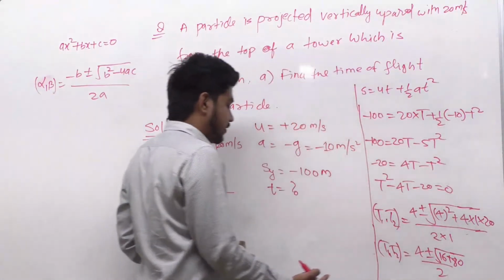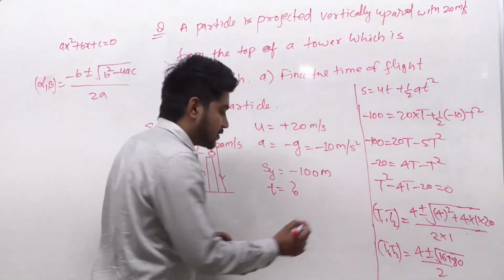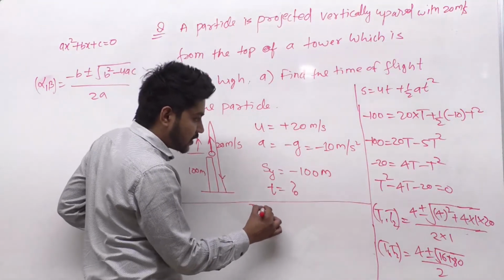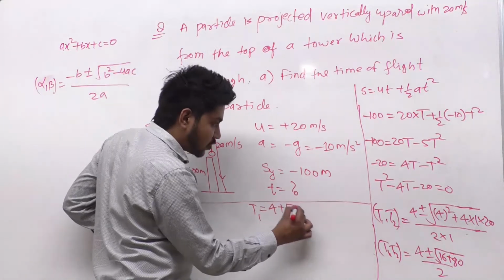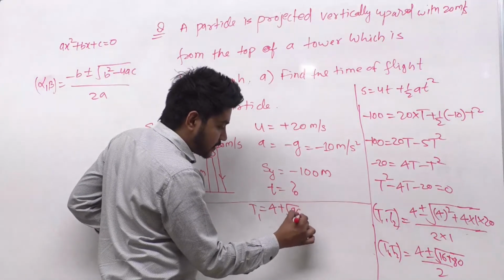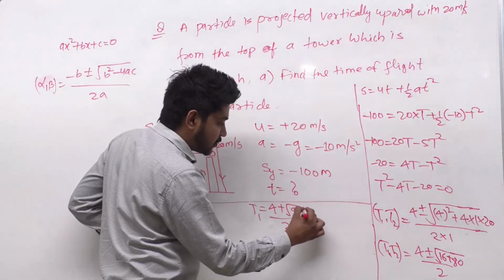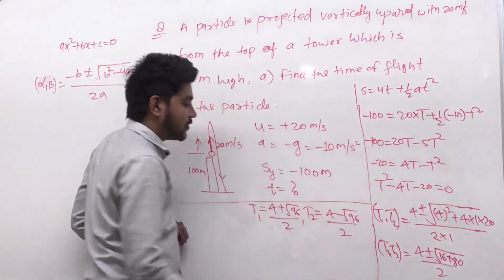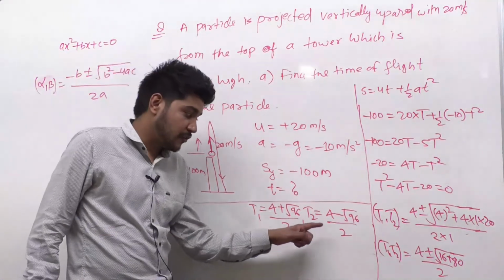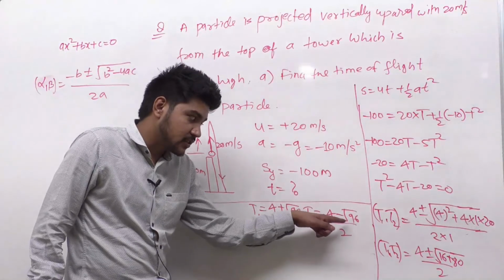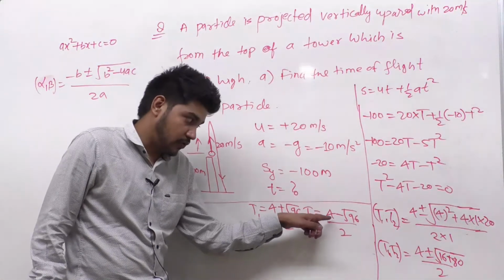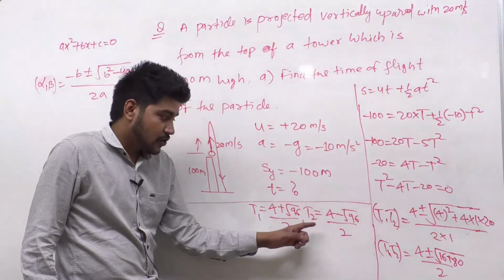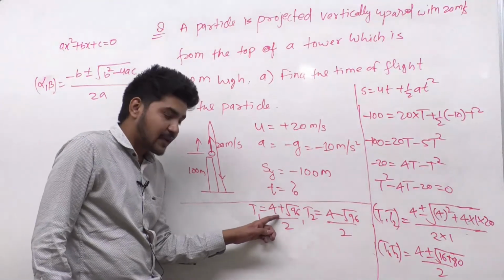So from here two values of time are coming. So over here I am solving. So t1 is what? t1 is 4 plus root over 96 by 2, and second one, t2, is 4 minus root over 96 by 2. So from here if you see, we are getting two values of time. Root 96 is much greater than 4, right? It is the square root of somewhere 9 point something, right? So this time is coming negative and this time is coming positive.